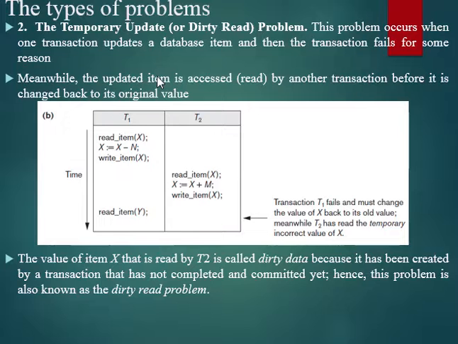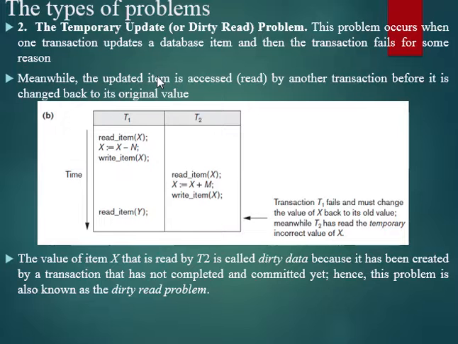Suppose here you can see two transactions T1 and T2. T1 reads the item x, updates the value of x and writes back the value of x, and after that the system switches to T2. So T2 reads the updated value. It's not like the previous problem, it reads the updated value that was updated by T1. We can again assume x is equal to 50 and n can be 20. So x minus n is equal to 30 and 30 is written back into the database.